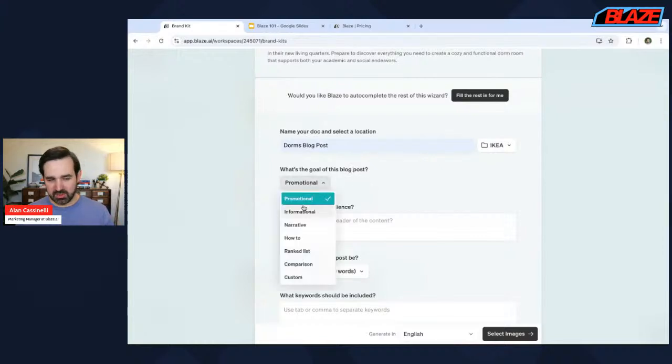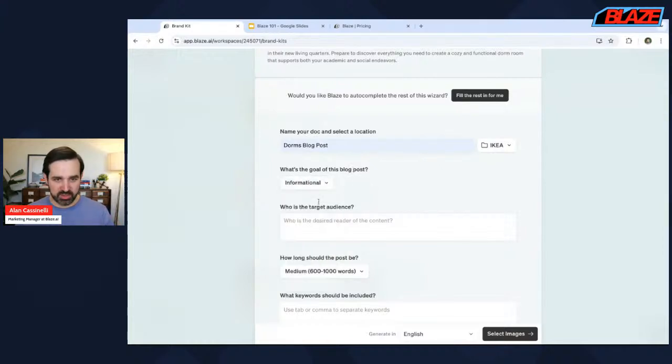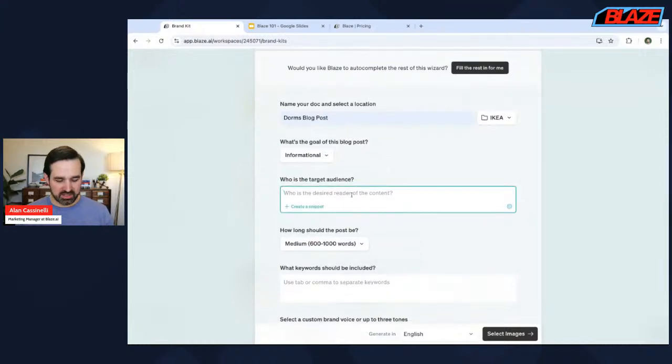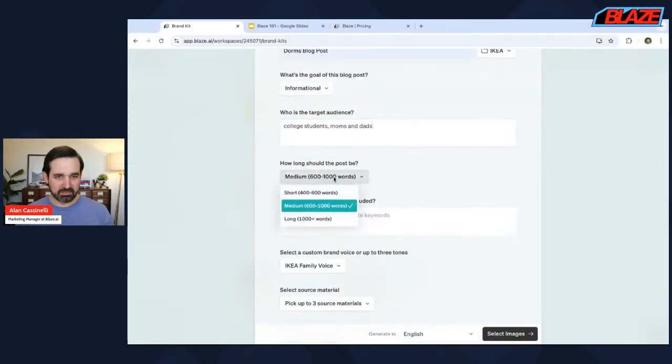The goal of this blog post is going to be informative. And then the target audience is going to be college students, as well as moms and dads, since they're usually helping out in that move-in process. The length of this, we can choose short, medium, or long. We're going to stick with medium, and we're going to optimize this for a keyword that IKEA would want to be ranking for